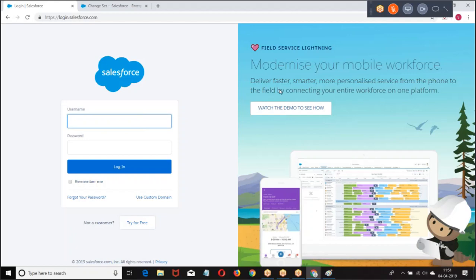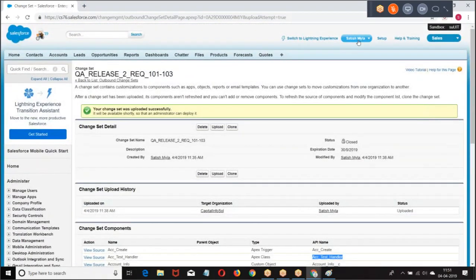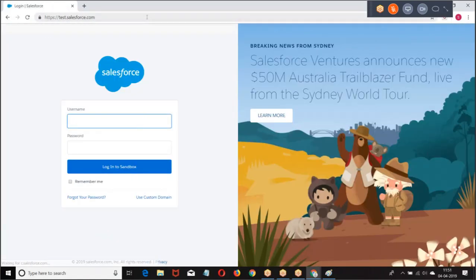What is the other way of deployment? The second format we'll try is using ANT. How to deploy the code using ANT. Generally, the companies will use change set or ANT. Any one they'll be using.